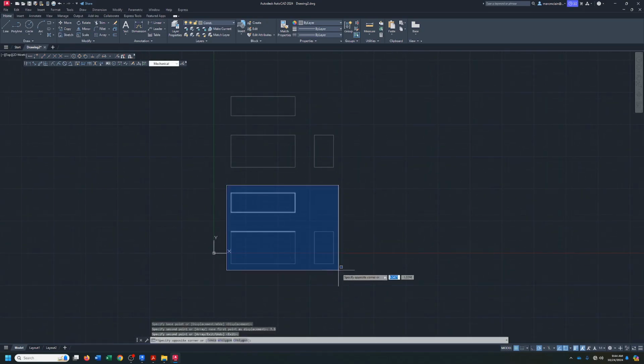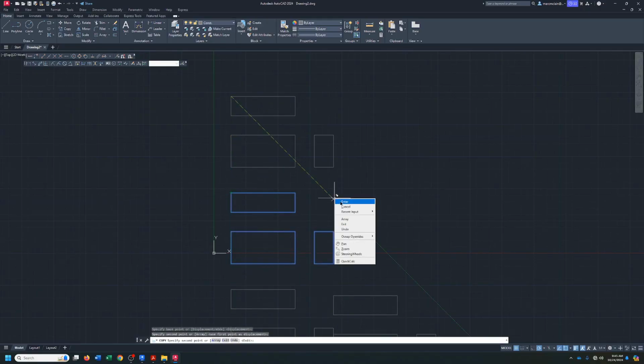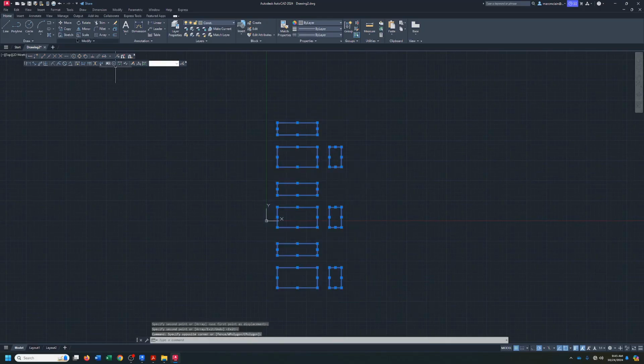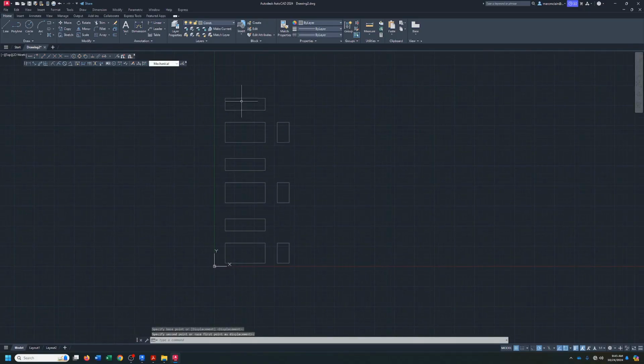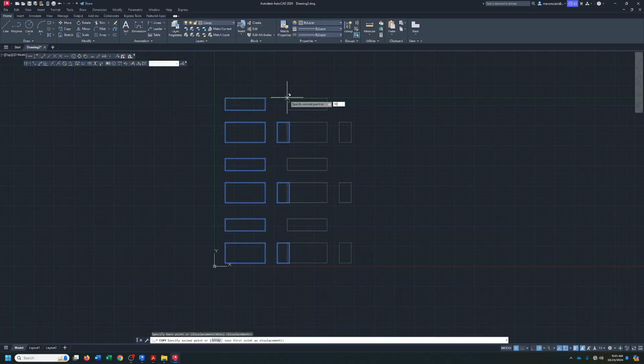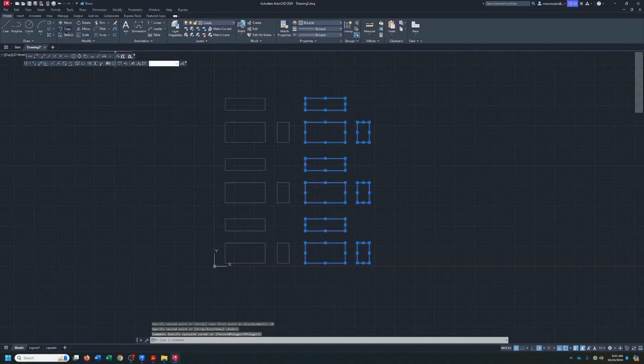There we go. Now I'm going to grab this. Copy from here to here. That's 3 sets. And you know me, I like to have things on this side of the thing. So we'll do that. Now we need a second set. Let's see how far it is from here to here. So once again, I'll measure distance, and that's 8. Then I want to add 2 to that, so we can come over 10. I'm going to grab this, copy from here, come over 10. Now I can grab this, copy again,